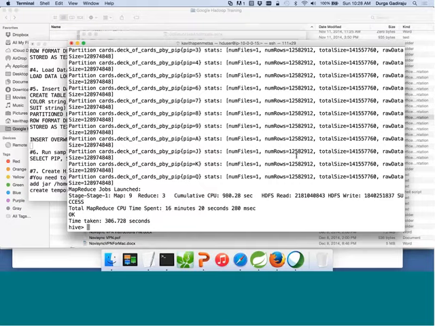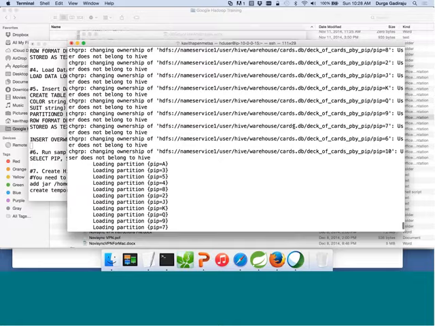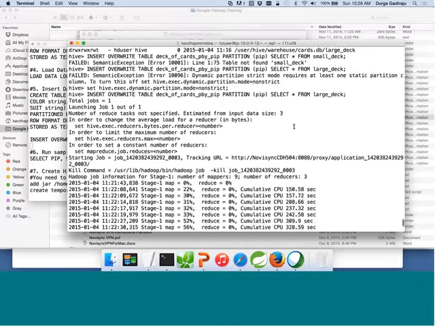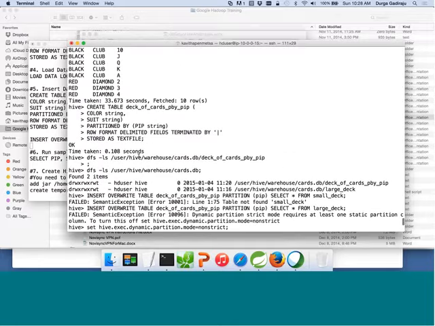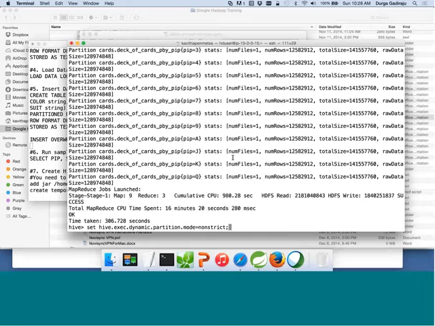And now let us validate what we have seen immediately after creating the table. So this is the output of the DFS -ls command after we created the table. There are no results because there is no data in there. Now let us run the same command again. Okay,